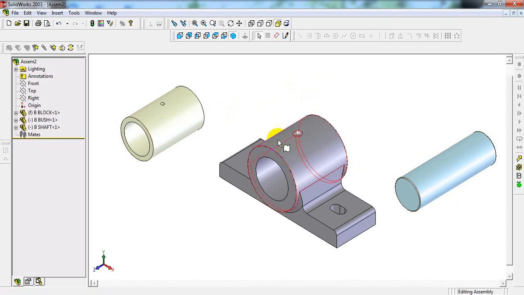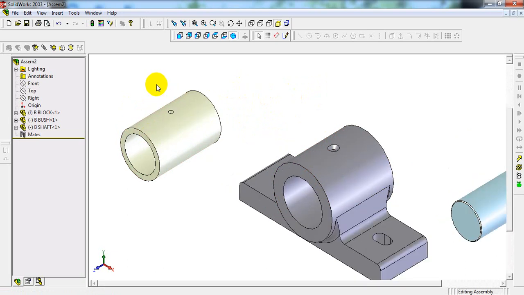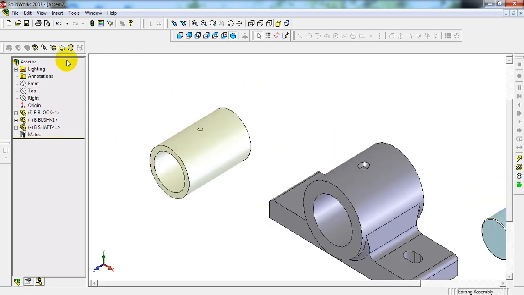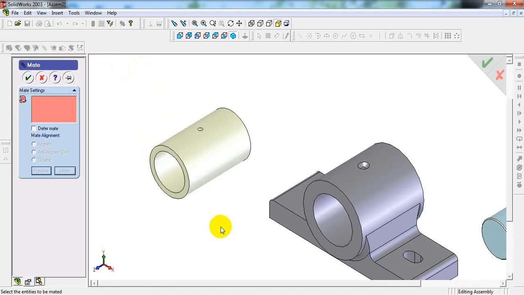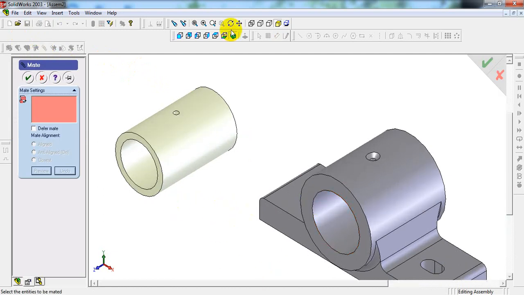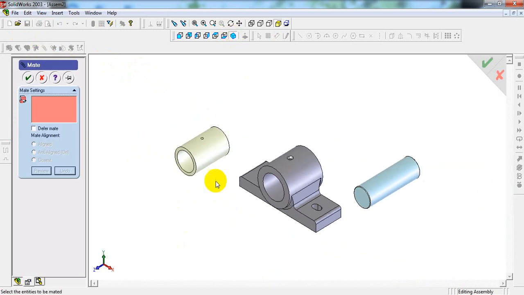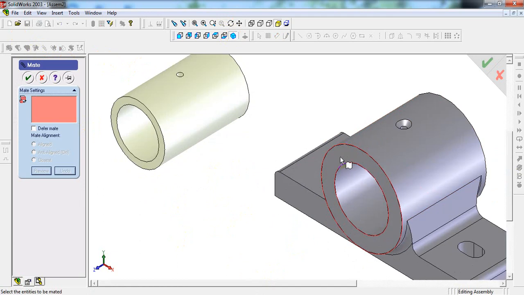To assemble the block and bush, first we have to select mate command, keep it in the isometric view, select the face of the body, means block.